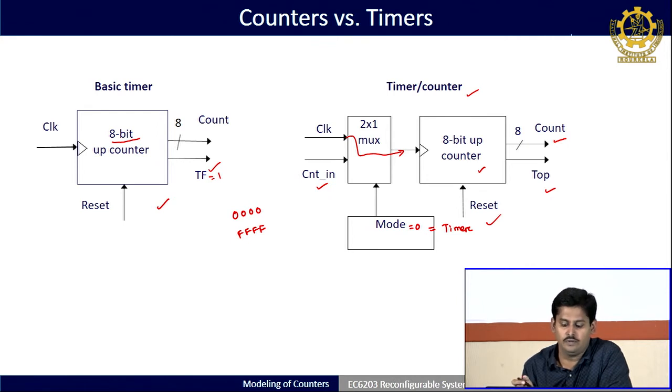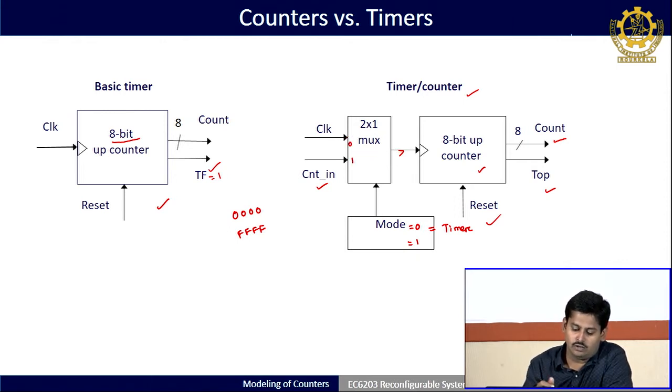Okay. So, that means now clock is input to the timer. Depending upon each count sequence, we can find out the time interval between two events. So, when mode is equal to 0 or 1, if it is 1, in that case what will happen?